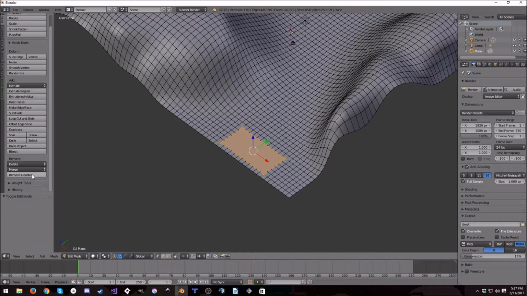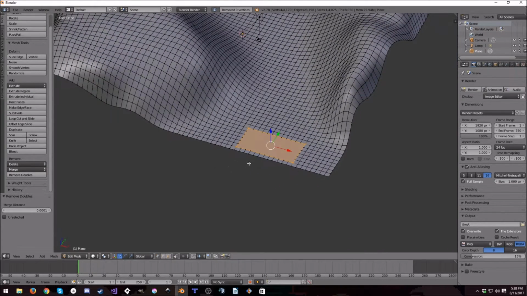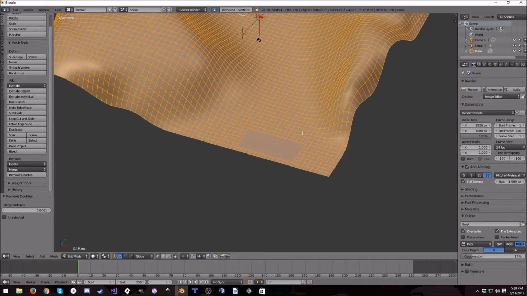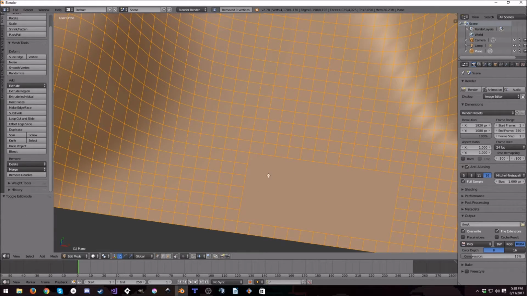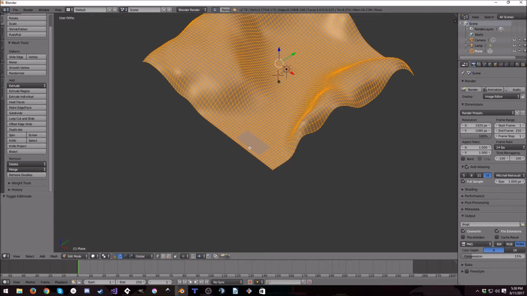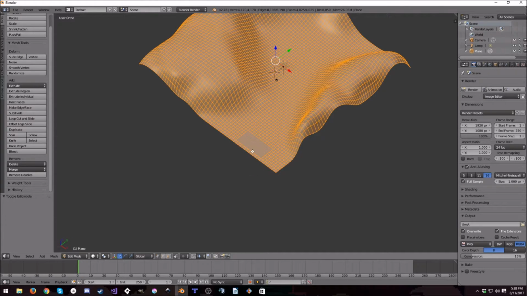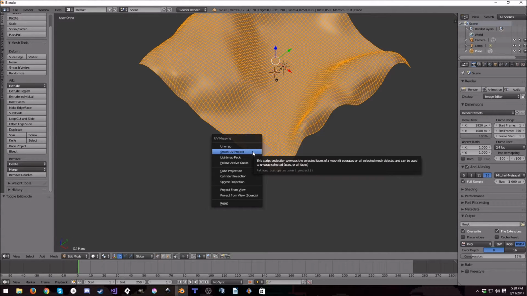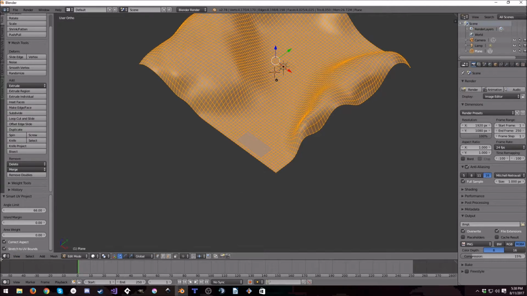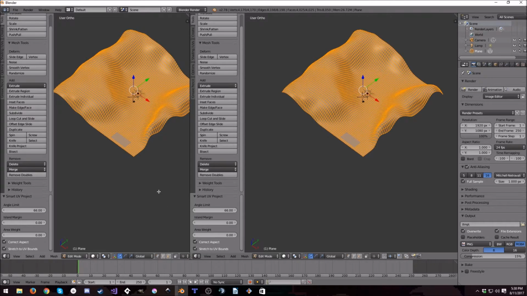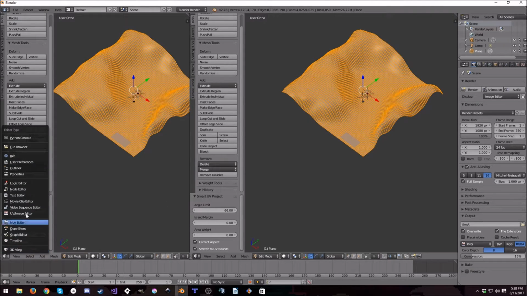I'm also going to select remove doubles because that'll just remove a few vertices, or may remove a few vertices. No, I won't remove any, because of course not. Okay, so with that done, now we're just going to hit U in edit mode, and we're going to select Smart UV Project. Normally, you'd want to unwrap it more properly, but for what we're doing, I find that this